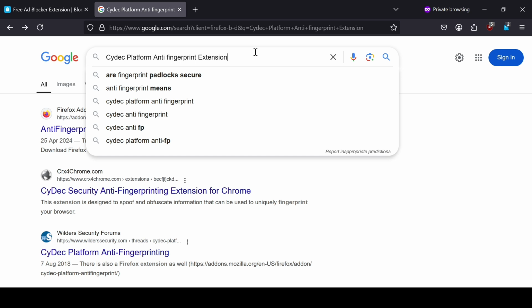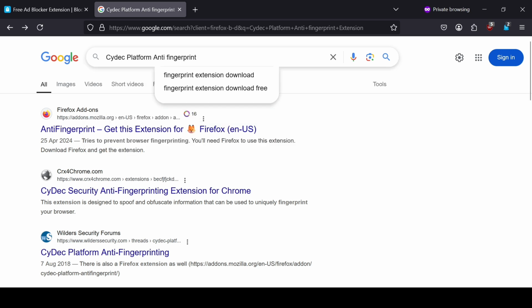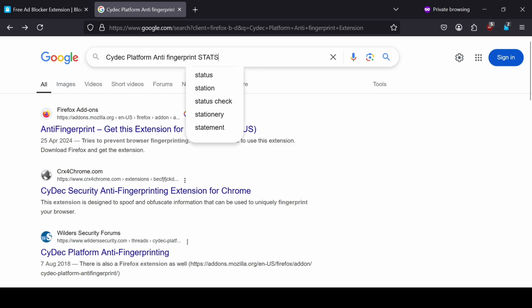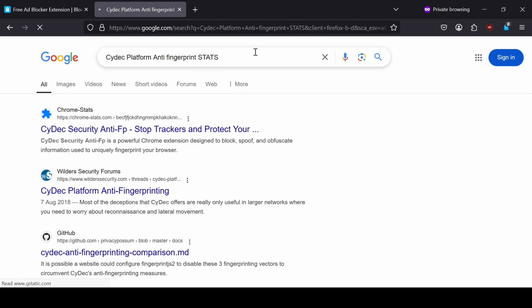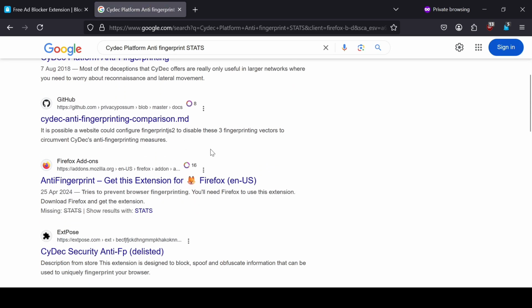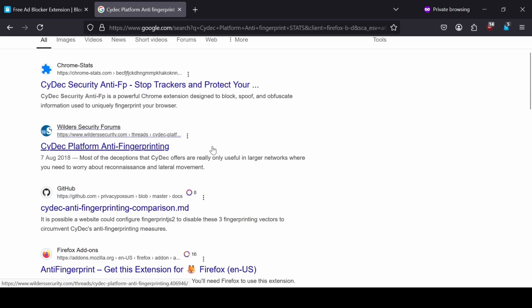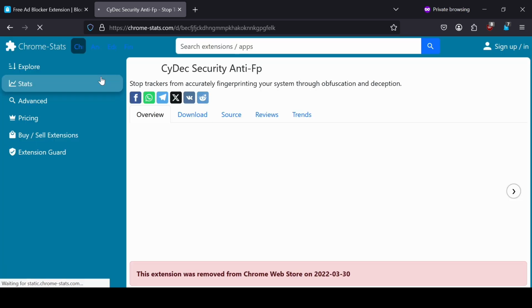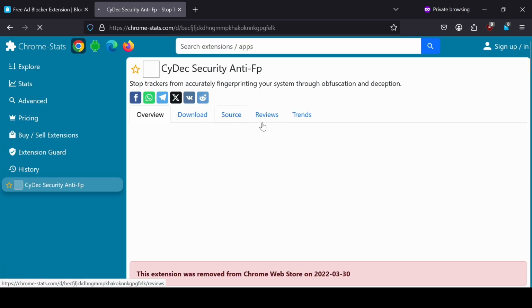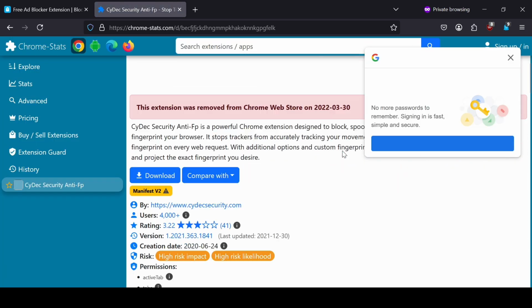When you put Codic fingerprint on it, so this is Codic. Let's see whether it is. Yeah, this is Codic.